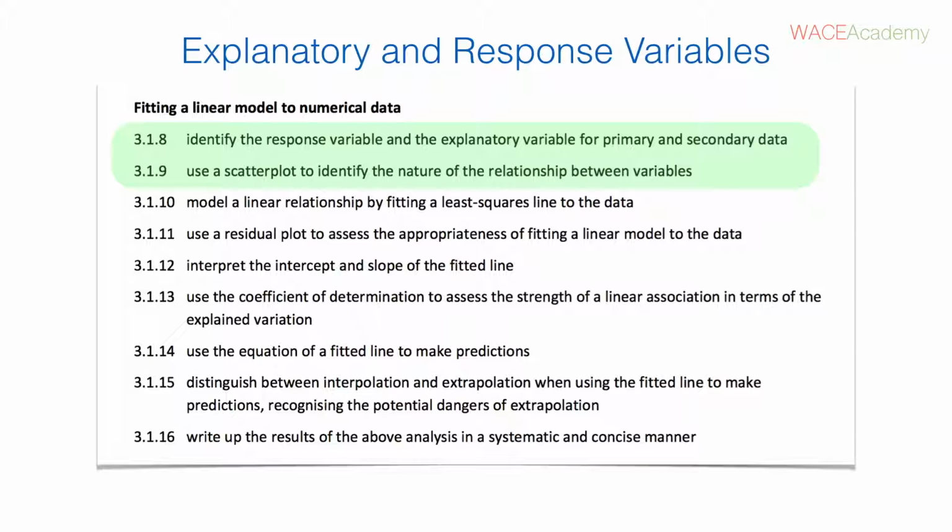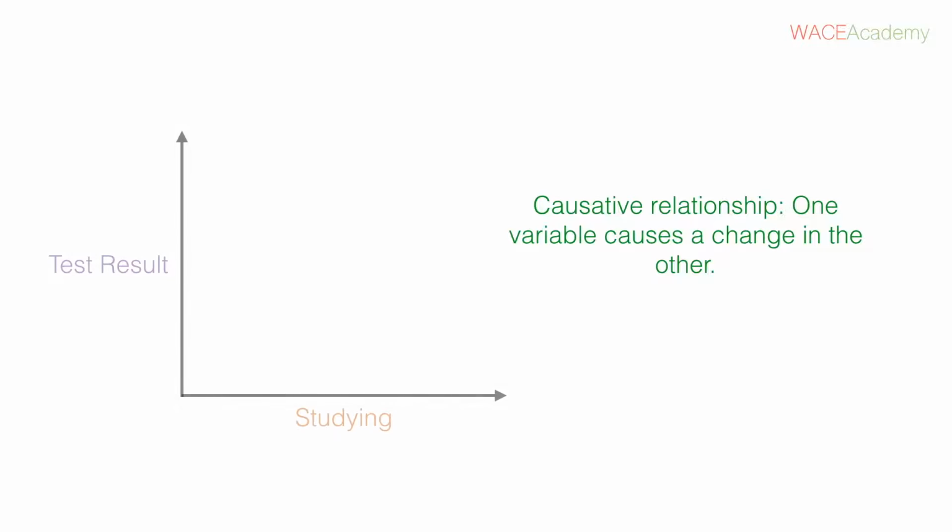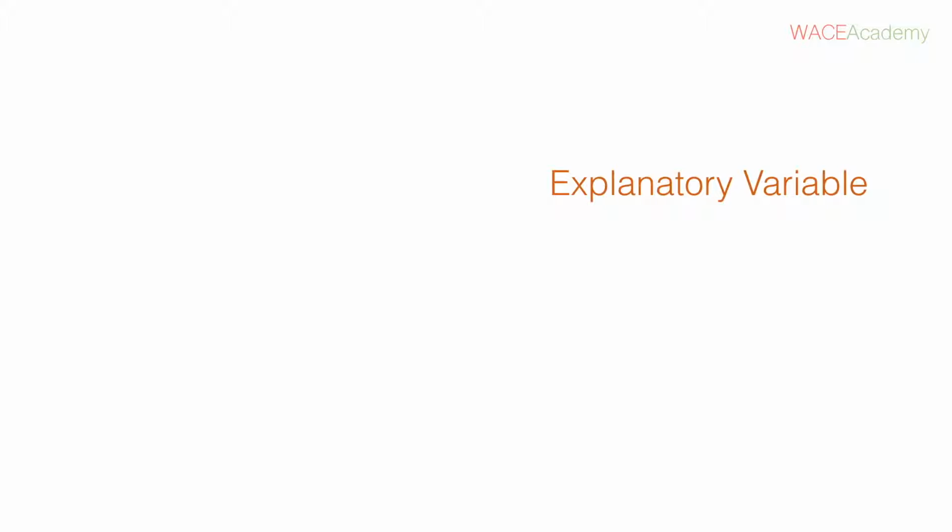We've previously brought up response and explanatory variables. Sometimes within data, we notice a causative relationship. One variable causes a change in the other. A common example is the relationship between studying and test results. The more you study, the higher your test result will be. If it is the case where there is a causative relationship, there will be a response variable and an explanatory